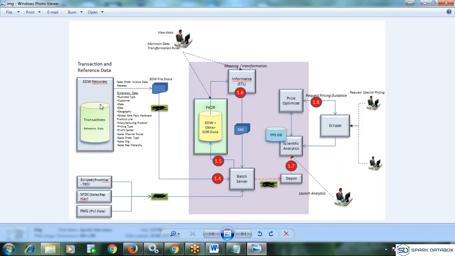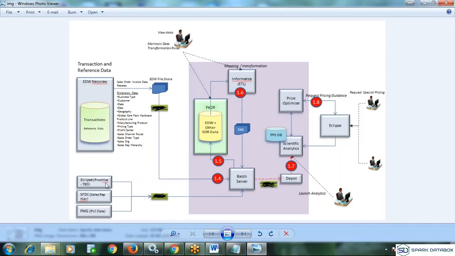And they don't want to provide access on top of the transactional database to anyone. So we are not supposed to access the transactional database directly.